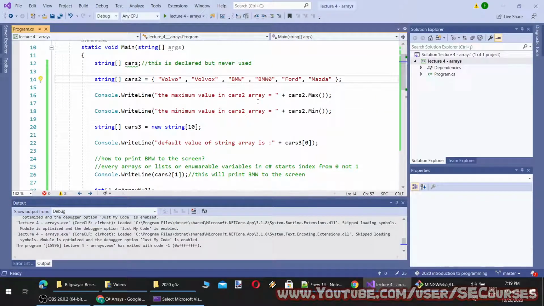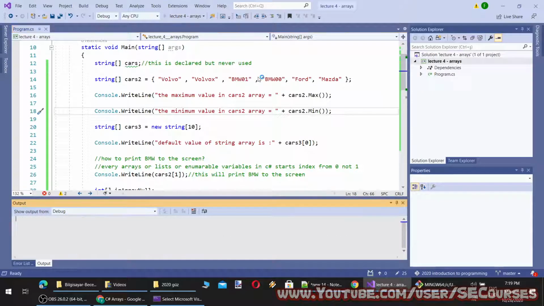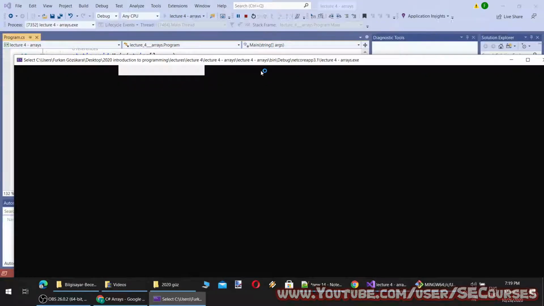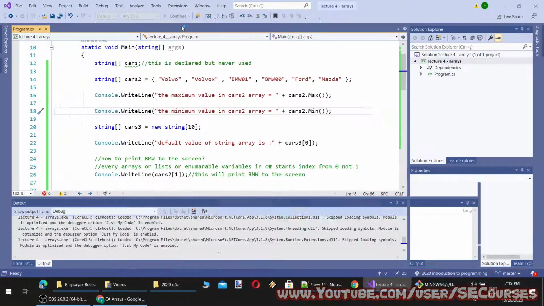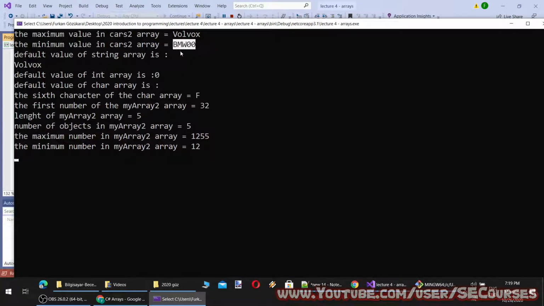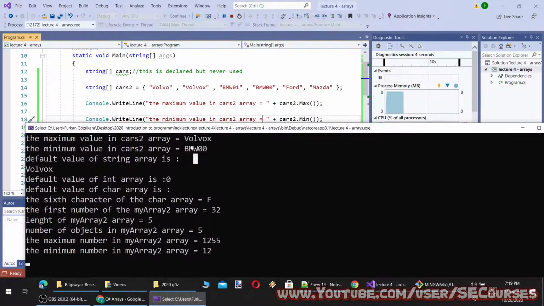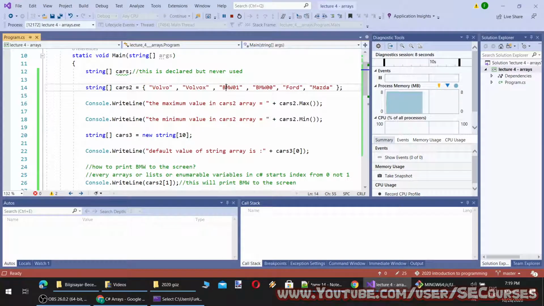So let's make it like this: 0, 1, and 0, 0. And let's try it. You see, 0, 0 is smaller than 0, 1. Why? Because it checks every letter.